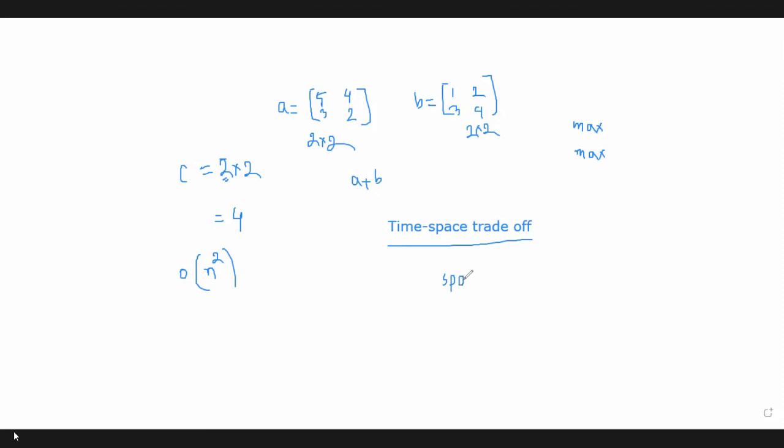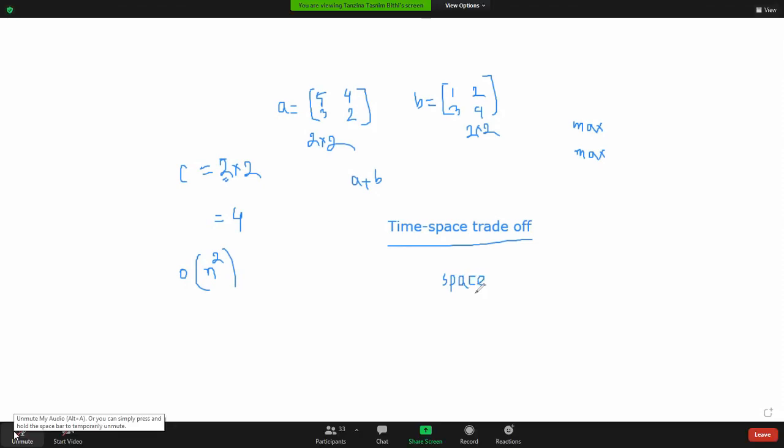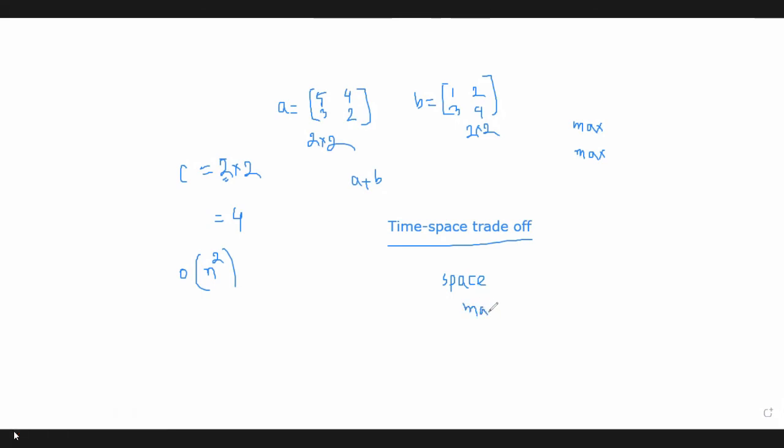Now we have to find a way where we can reduce the number of key operations. When the space complexity is maximum, we have to reduce the time complexity. Or when the time complexity is maximum, we have to use a smaller data set to decrease the space complexity, and the relationship is called time-space trade-off. When one is increasing, the other should be decreasing.